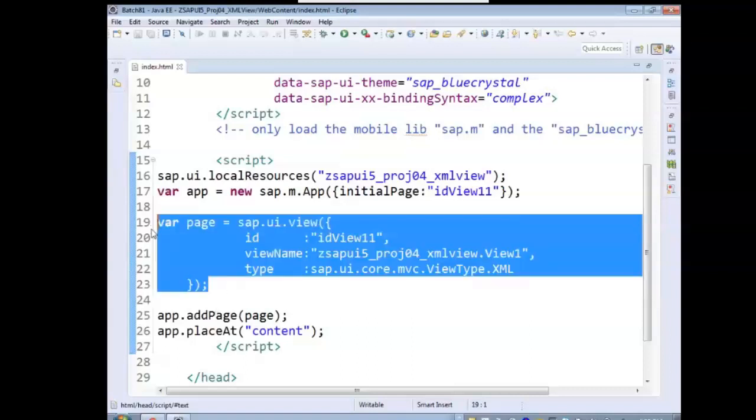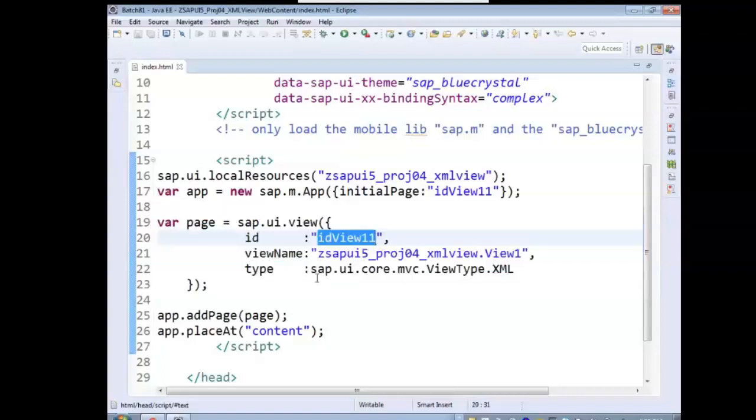For your eyes, 17th line, then 19th line, it is in order. But for the framework and the server, the 19th line will be executed much before the server starts up. Views are readily available. At that time only, the ID got created, ID view 11. Then in the 17th line, that ID is being used.